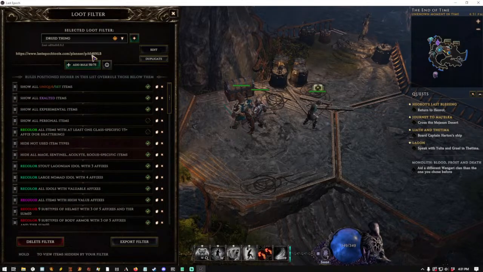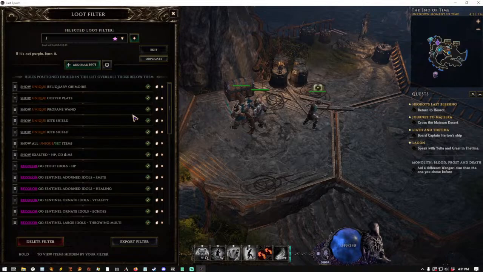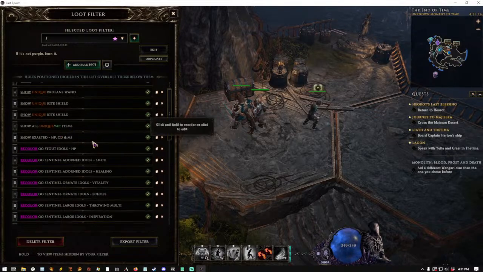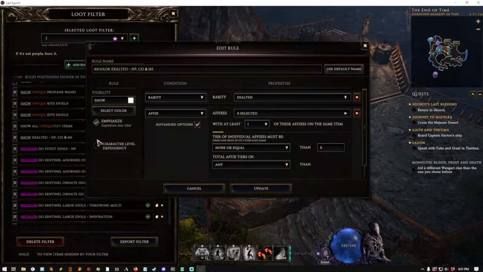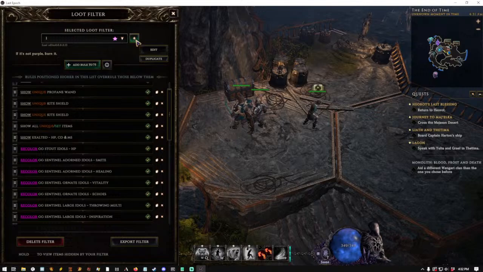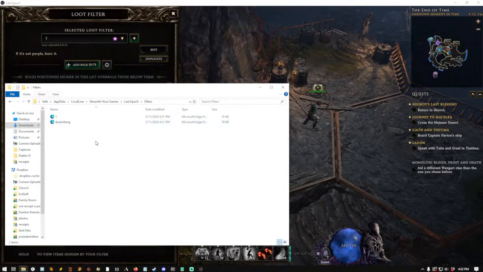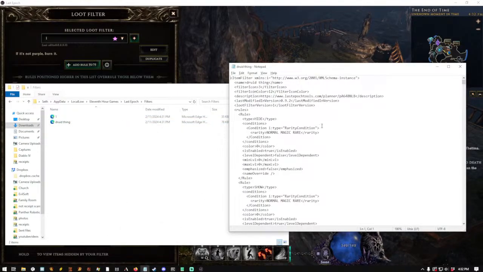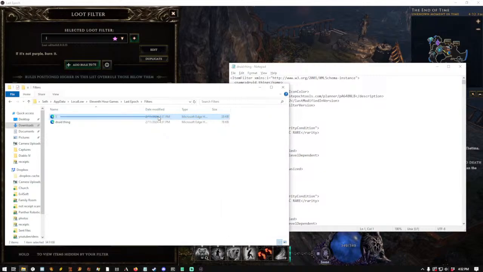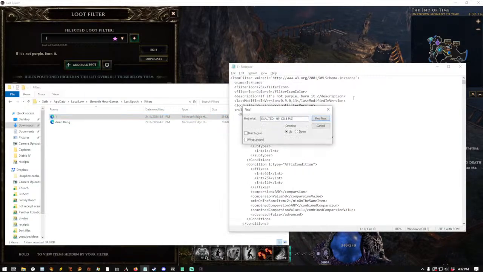So let's imagine that there's one specific rule we want to bring over, like this, right? So how can we do this? We can see that this is named this, right? So I copied this, and I should be able to open the filter folder. And look, I have these two filters, and they're kind of changed because I got an XML thing. So if I open this and I copy pasted that,